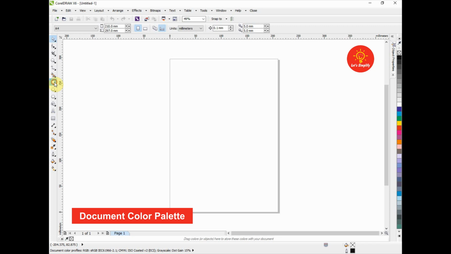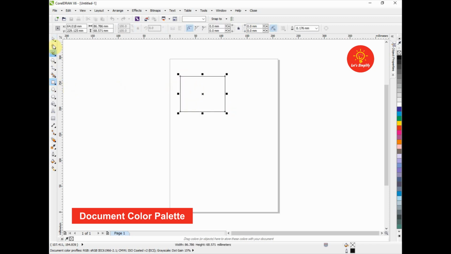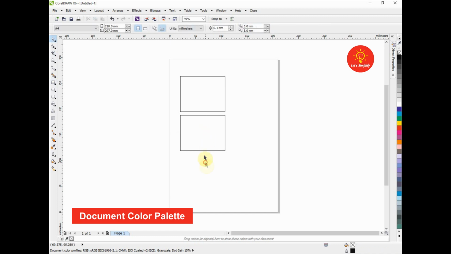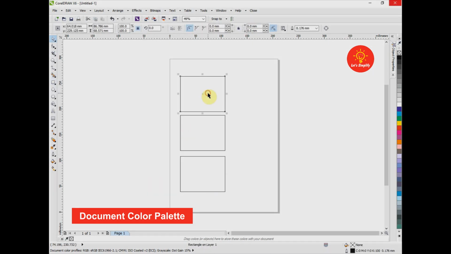It will show us the colors that we will use in this document. Now if we will fill this box with royal blue color, then we can see it displays royal blue color over here.